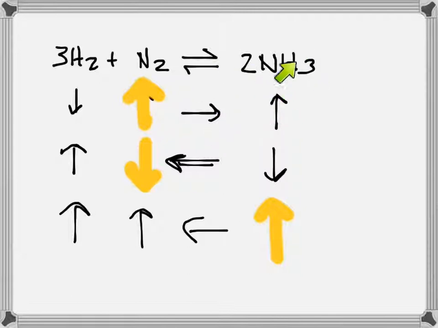We'll go with green for a while. So if I add more product, then that's going to cause an increase in the reverse reaction. And yes, the ammonia will be coming apart and forming nitrogen and hydrogen on the reverse reaction. So I'm talking about this third line here. If I add ammonia,